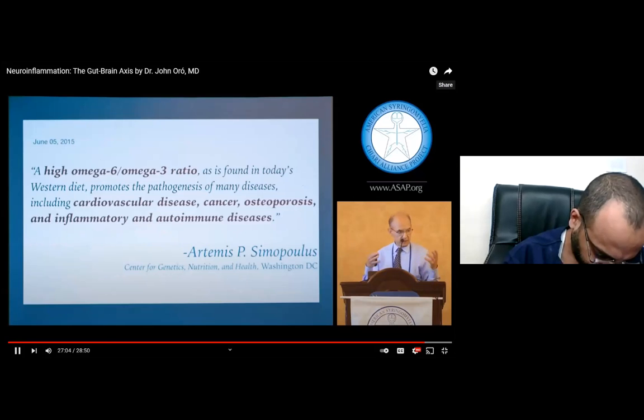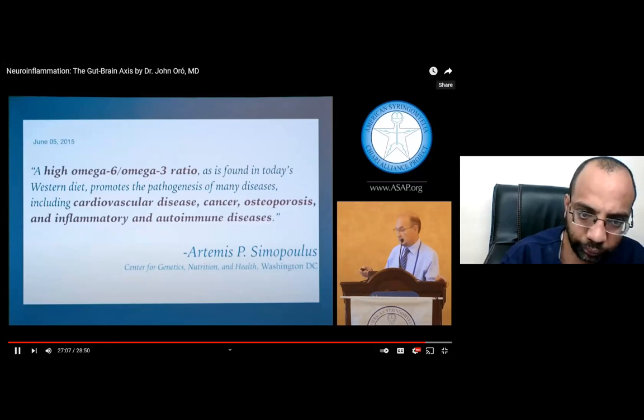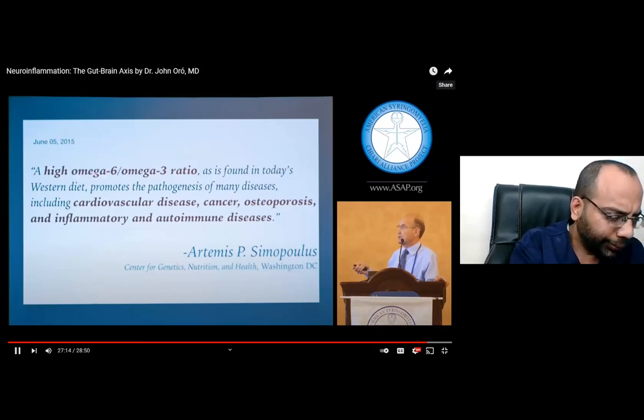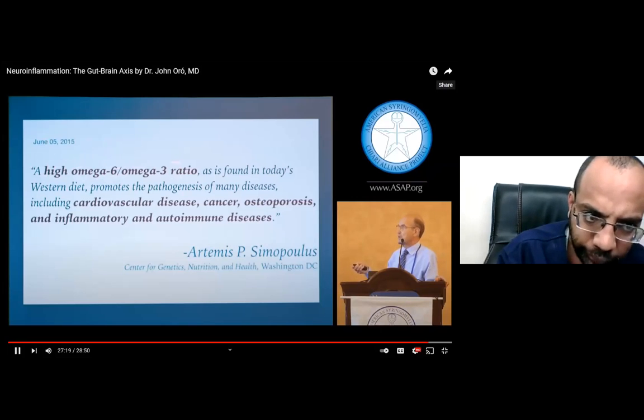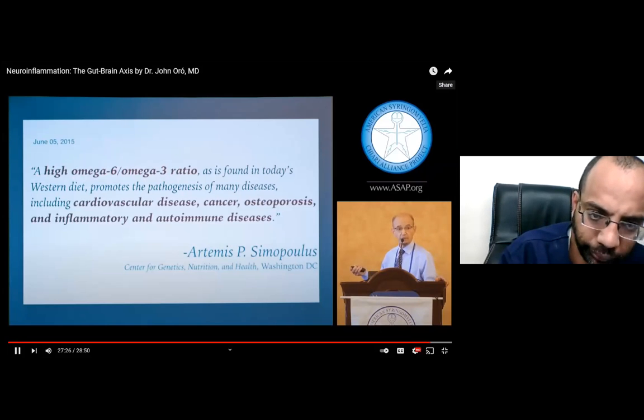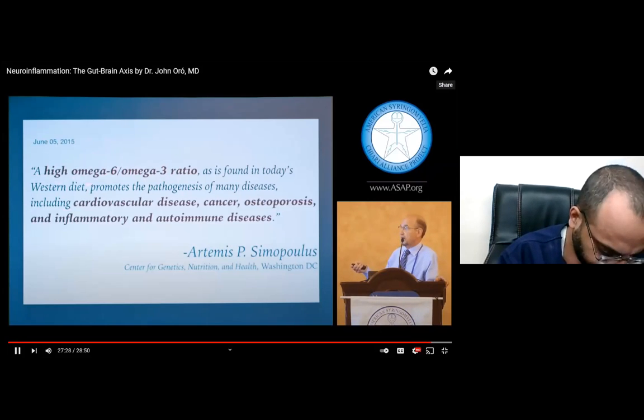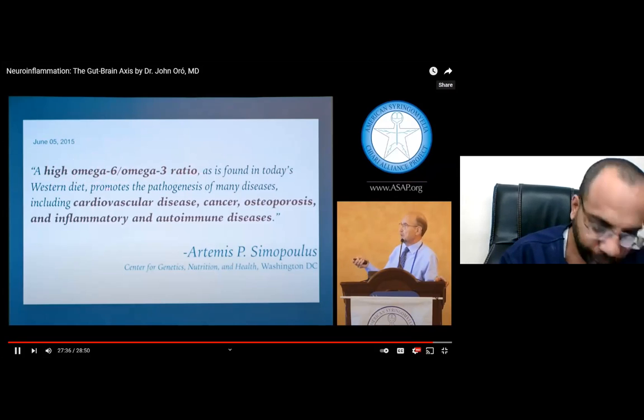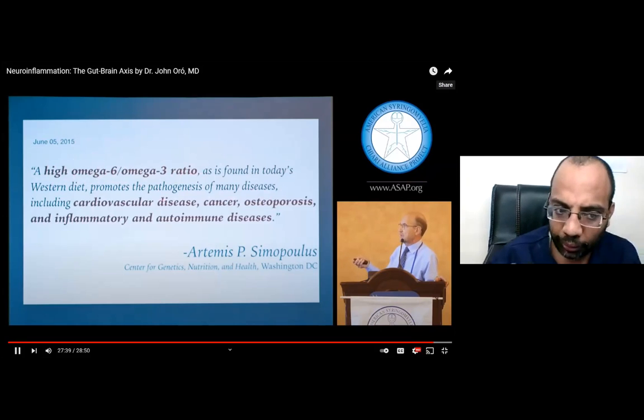If you want one nugget to begin to think a little more about what we consume, look at the omega-3 to omega-6 ratio. Think about whether the oil you're using to cook, or the product you're consuming, is high. We need both of these fatty acids. Our brain does. But we need them in balance, roughly 1 to 1 if we can get them. Unfortunately, our diet is very heavy in omega-6. And a high omega-6 to omega-3 ratio, found in today's Western diet, promotes the pathogenesis of